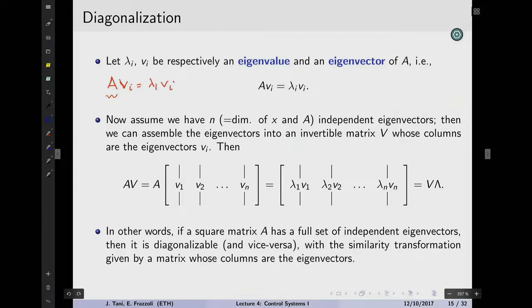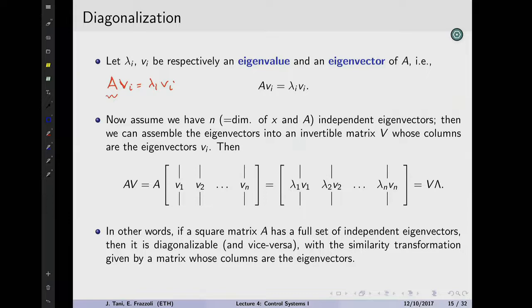So why are these eigenvectors so special? They're special because they're like the favorite directions of the A matrix. They're those directions that if you send something in as input, there's no rotation involved. The output is always those directions, just multiplied by a number. And those numbers are called eigenvalues, okay? So it's kind of like the favorite point of view of the A matrix, if you want.